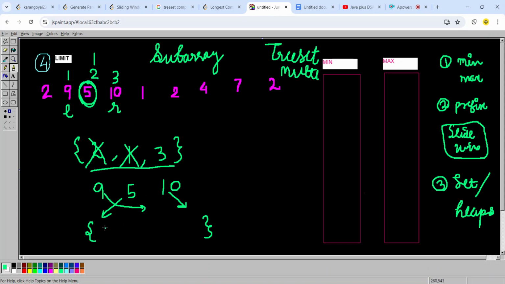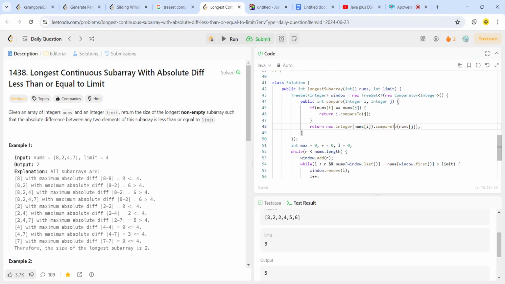So it should come like 2, 1 and 3, right? So there will be a comparator deciding how the numbers are added to the TreeSet based on nums of i, where nums is an array.